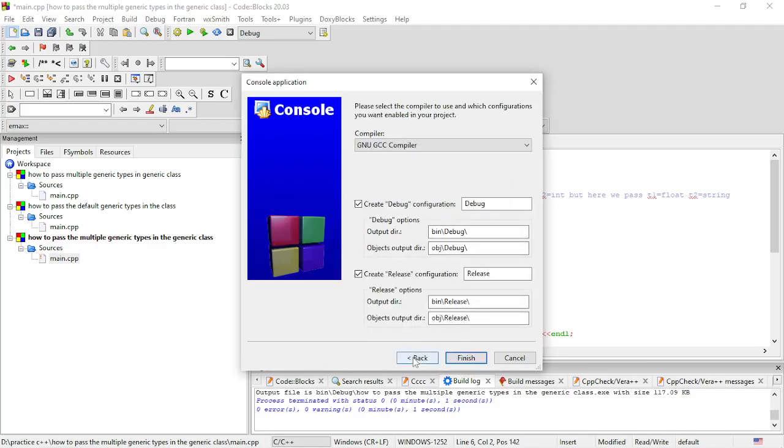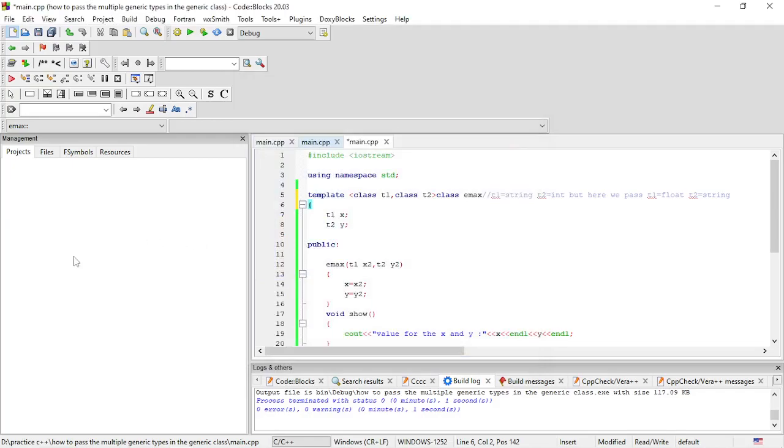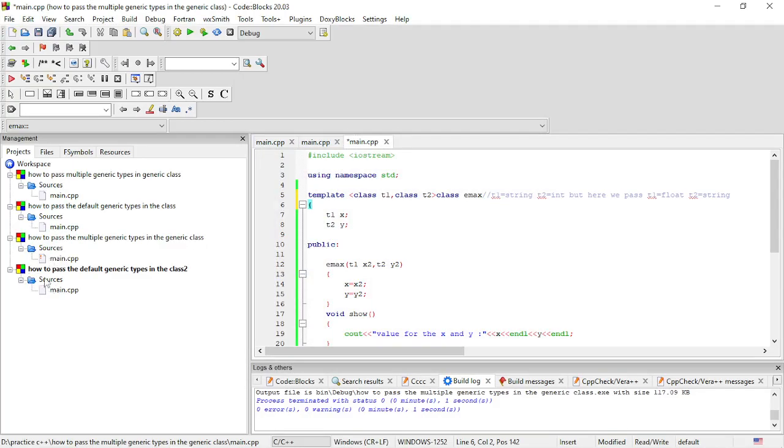Sorry for that, I'm just going to the next video. Okay, so I'm just writing next and next. So what's happening here, we have one file open, that is how to pass the default generic types in the class. Okay, so